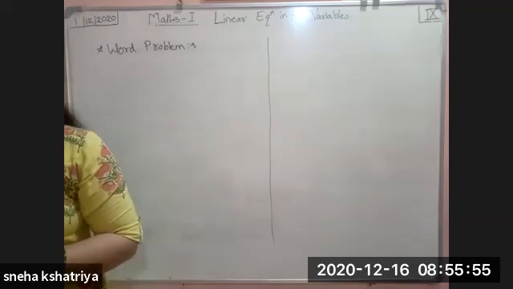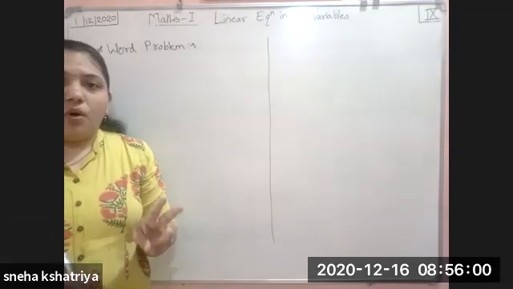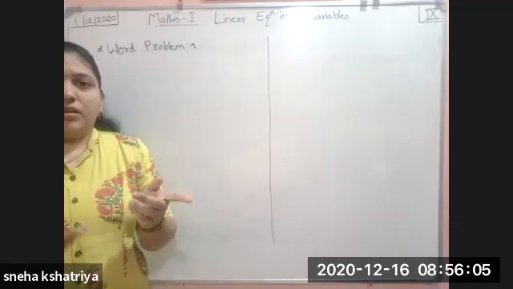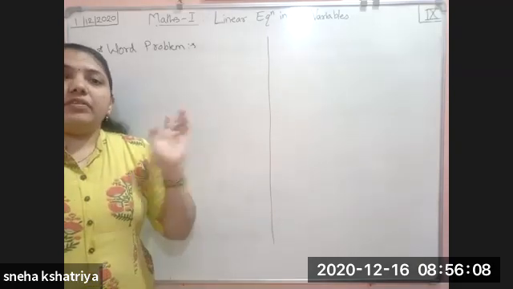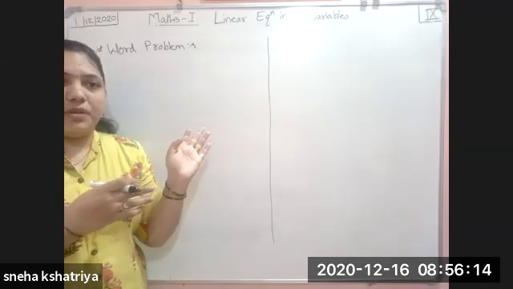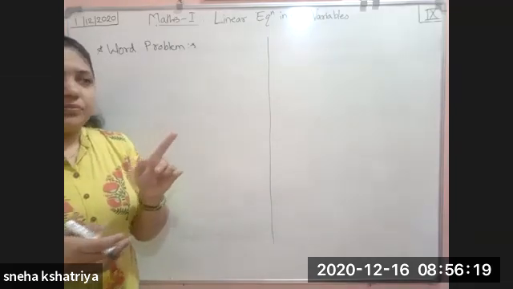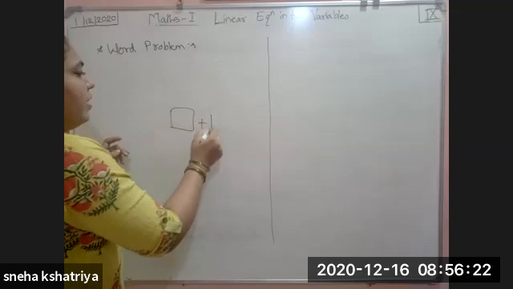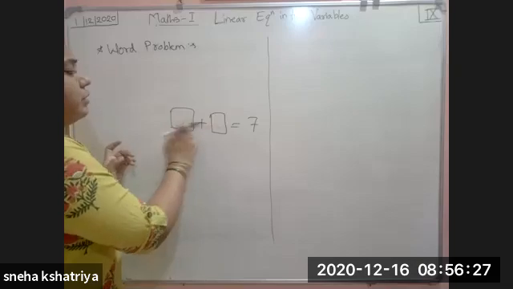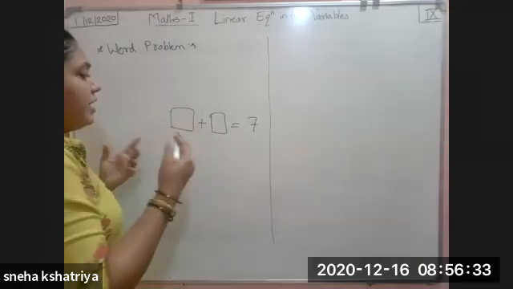That example is: the sum of two numbers is 36. This is a very simple statement. It means we can suppose any two numbers; 36 can be made by addition in infinite ways. In the very first lecture, where we took the introduction of this chapter, I told you about the addition of two numbers such that it should be 5 or 7, whatever it be. Then what should the numbers be? There are multiple, infinite numbers.